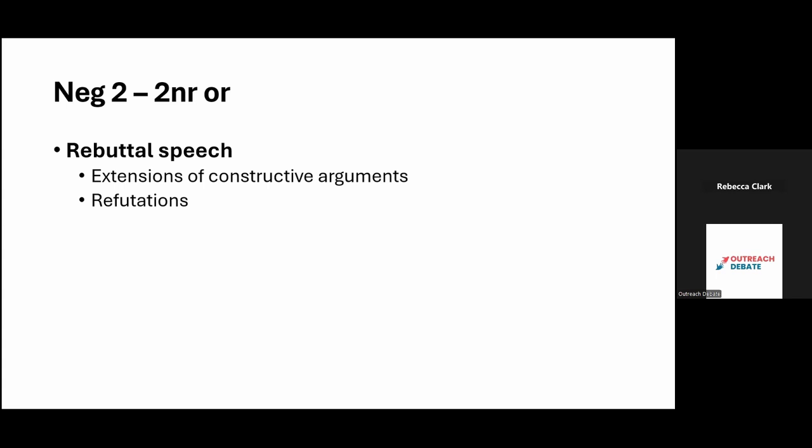They probably didn't respond well to some argument. They probably didn't defend their argument well. They probably didn't address something efficiently given their time. So the purpose of this 2NR is really to identify that thing and to just hammer them down with it, because this is the last time the judge hears you. Because the judge hears the AFF first and last.